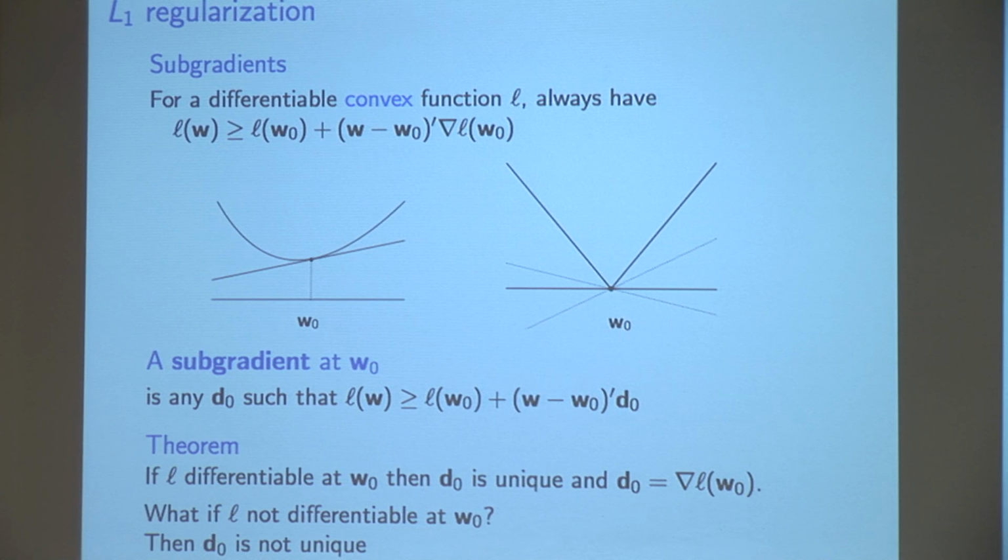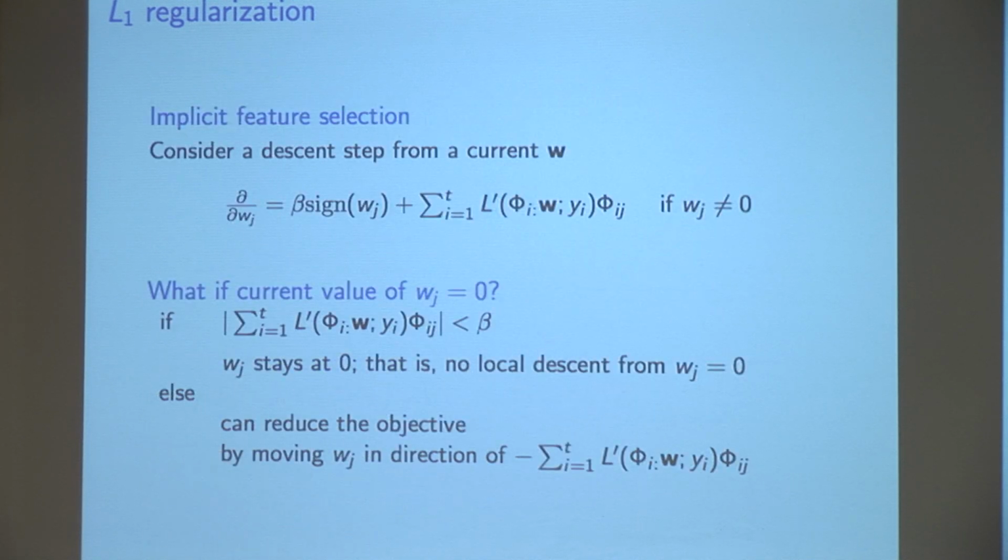But if you call a subroutine to say, give me a subgradient, any old subgradient, it may just say, okay, there's one, or there's one. And the task of determining that you're at a minimum is non-trivial, because you have to somehow explore the set of subgradients at your point and understand if it's got the zero vector in it. Anyway, I'm not going to dwell on this from an optimization perspective, but from a sparsity-inducing perspective, we can see that that non-differentiable point at 0 is why we get sparsity.